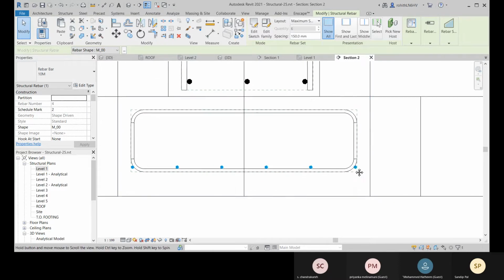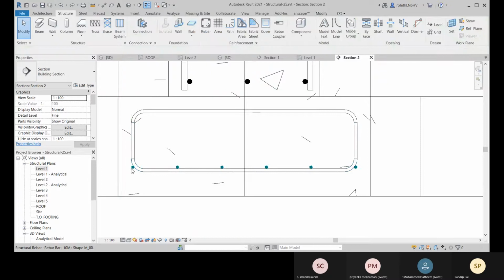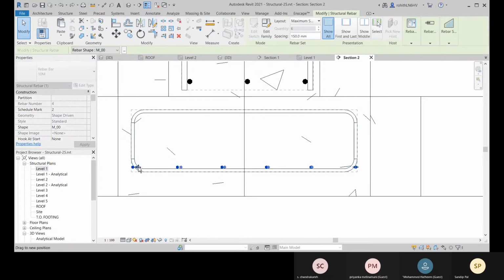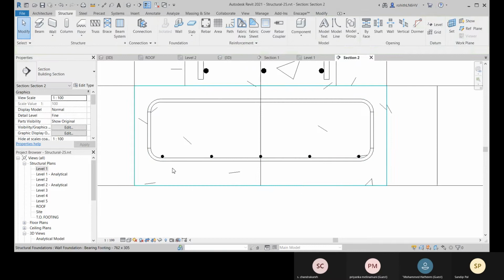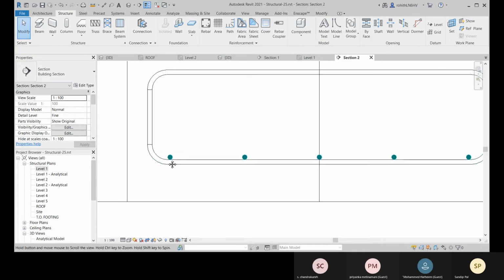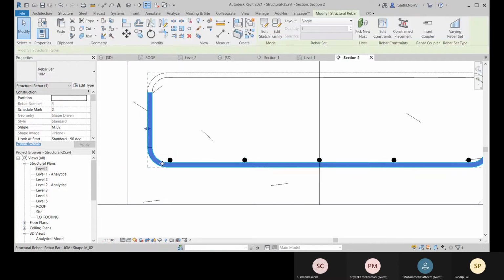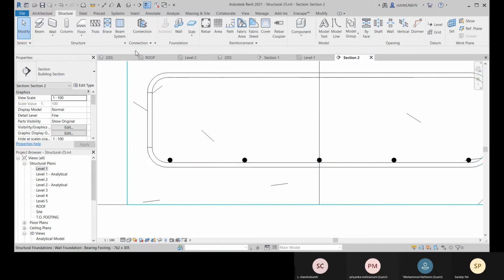Okay, and how much you need, you can make the adjustment. Just a second, select it, make the adjustment from both sides, and there you can mark it and you can place it.